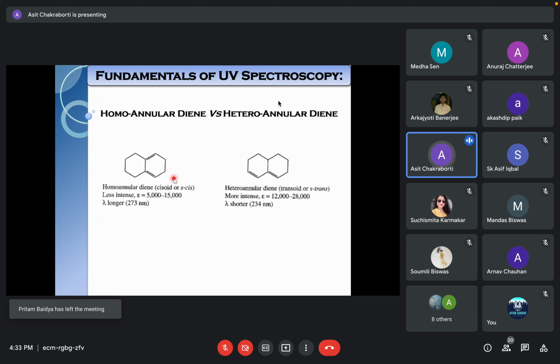Are they stereoisomers? Yes or no? Homoannular and heteroannular? They are two different compounds, right? They are isomers because they have the same molecular weight. Their connectivity is the same, all C-C bond connectivity is the same. The only difference is in three-dimensional space, their double bond orientation, so they are stereoisomers.